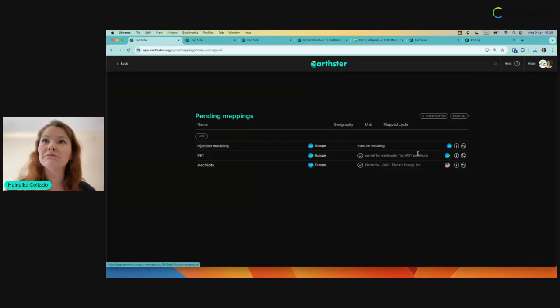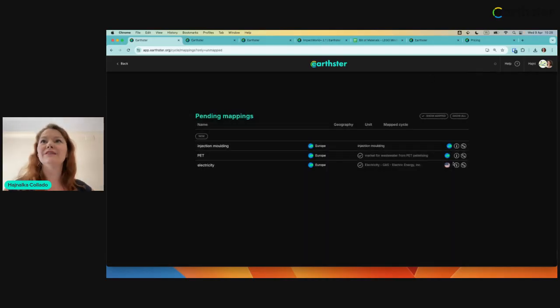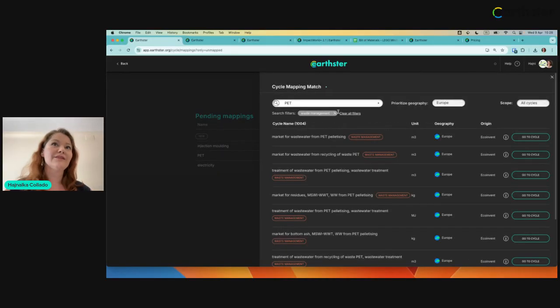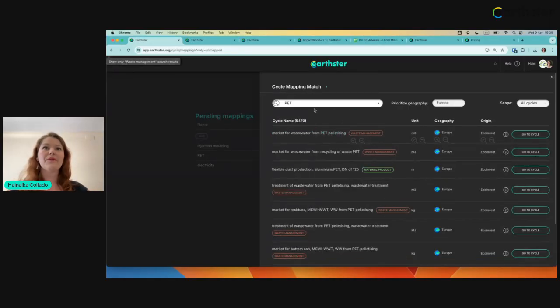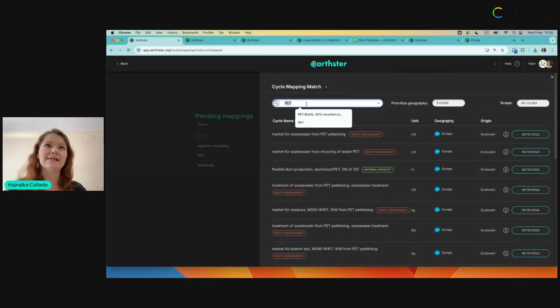Look, for PET, not bad what it's suggesting, but I'm not sure if I like it. This is a waste management type. It's like, no, that's not what we want. We click here to change. The system remembers your last filters, so you can just clear all filters. And then PET, let's see, the easiest is, let's say,